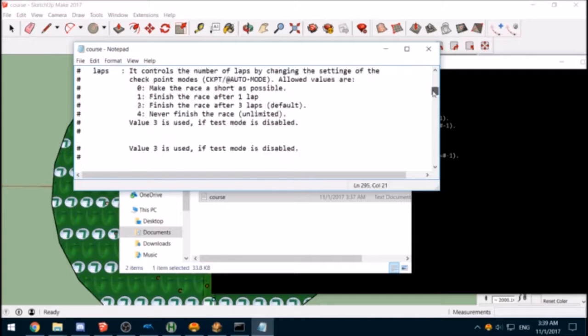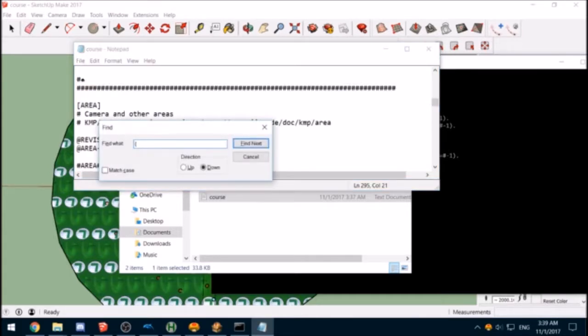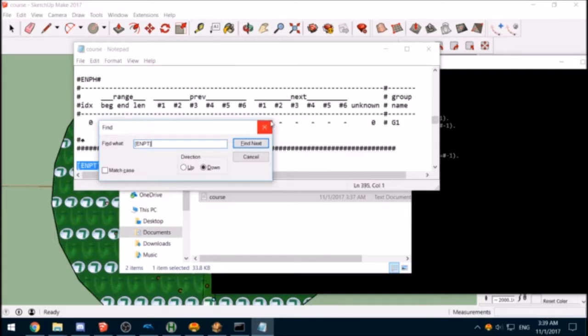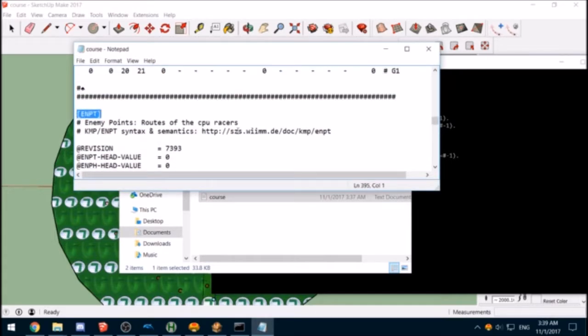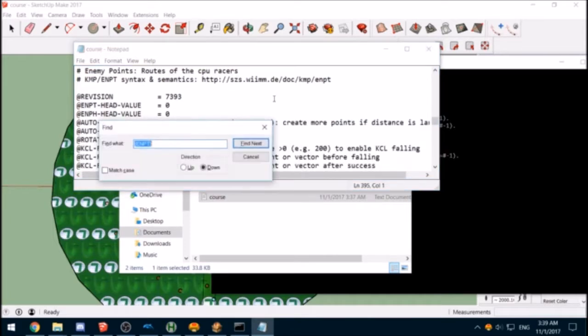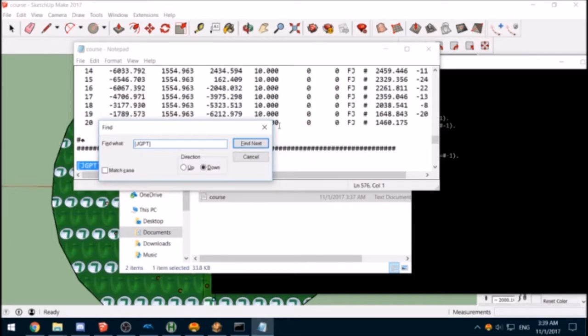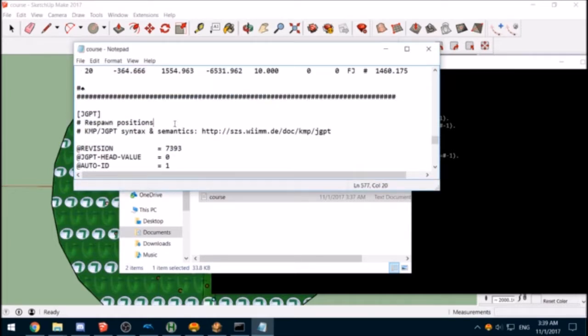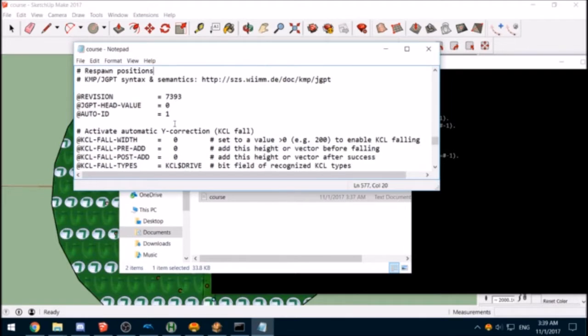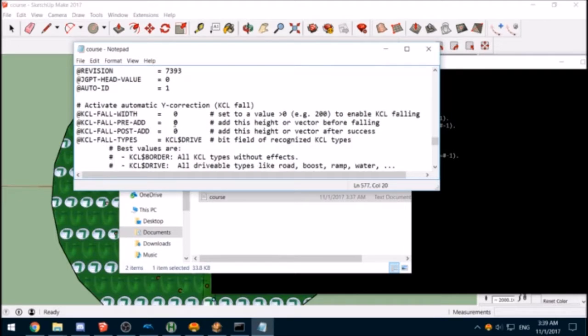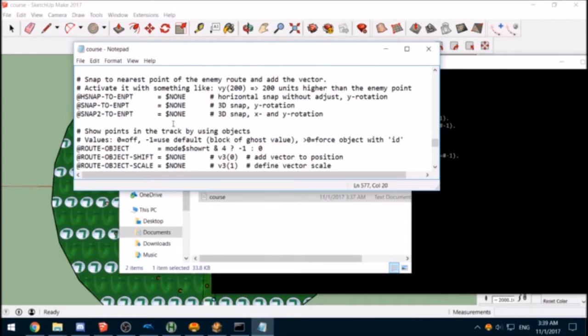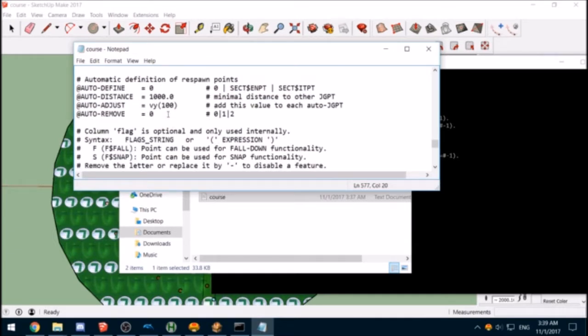Then you're going to want to find the EMPT. Okay, here we go. Oh wait, no, that's not what we want. We actually want the JGPT. That's the respawn section. And what we want is to put in here this.